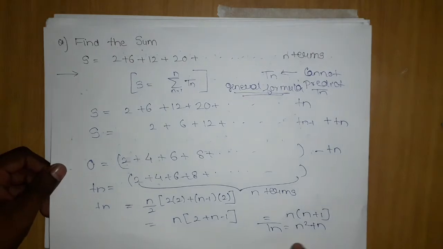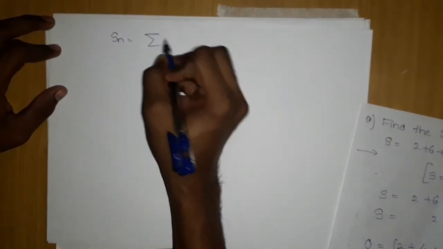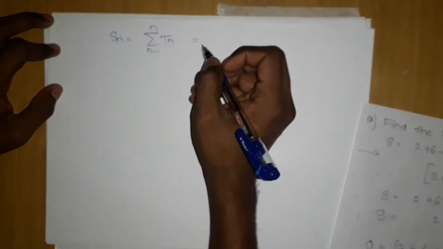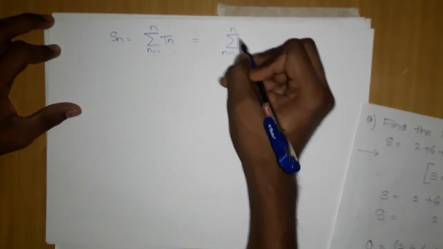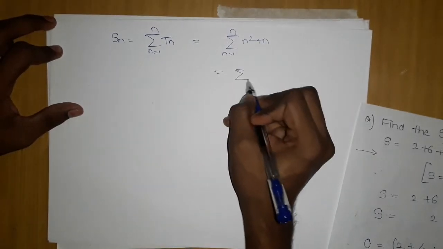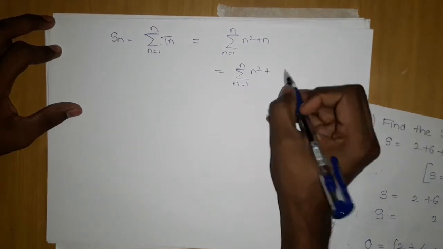We have got our Tn. Now let's move on and find Sn. Now we know the general formula. Sn is nothing but the summation of Tn from n equals 1 to n. You know this formula. Now just substitute, n equals 1 to n, of n square plus n. Now you can easily get the summation. I'm doing it in steps, but after this, these questions we will do directly.